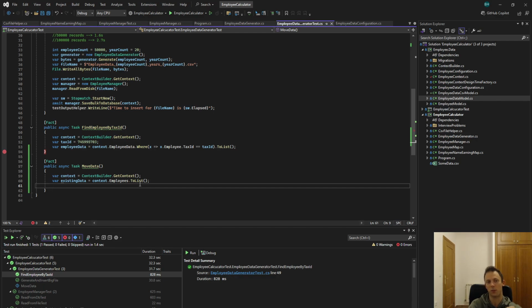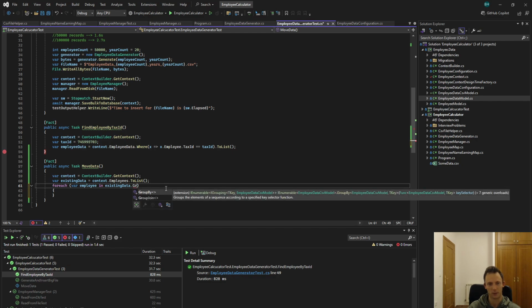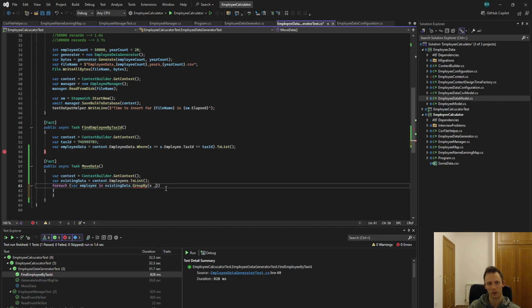Now let's use group by. So we will need a group by tax ID, and for each group, take existing data and group it, group by what we group it. Now we have a group. So this part